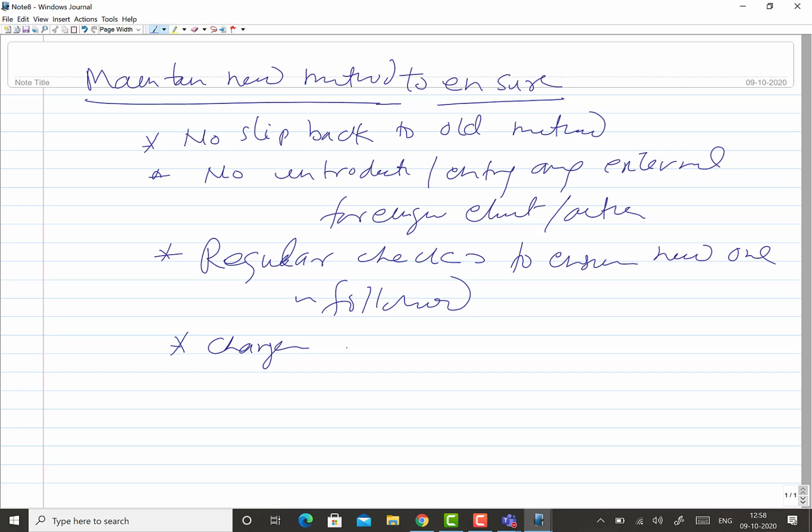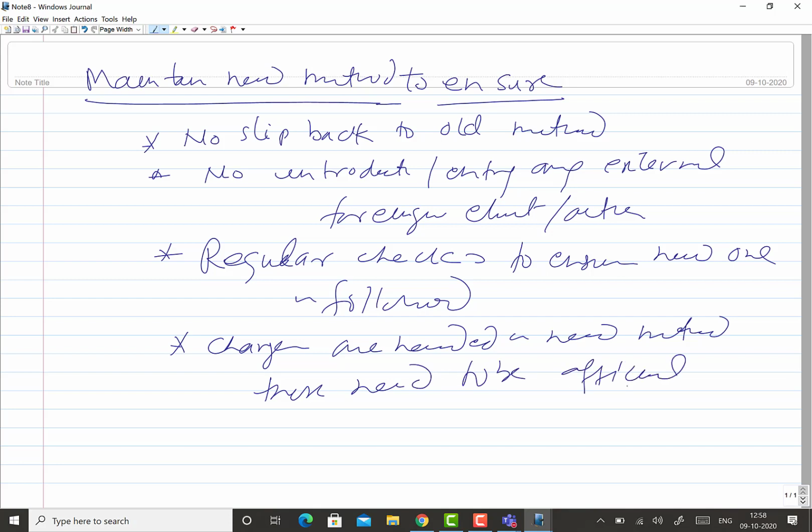If changes are needed in the new method, then these need to be officially incorporated in the new method, so that it can be uniformly implemented on the shop floor to all the people.